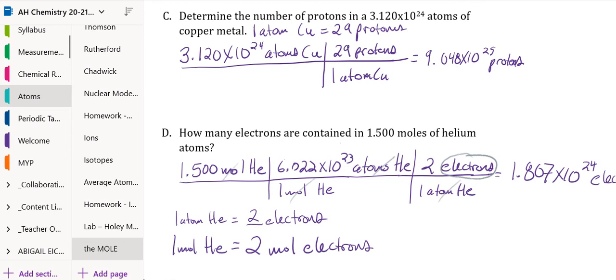You may find this useful. The 1 mole to number of moles is a shortcut for some of the problems we're going to look at in just a second. Wait, but if you put 2 moles of electrons